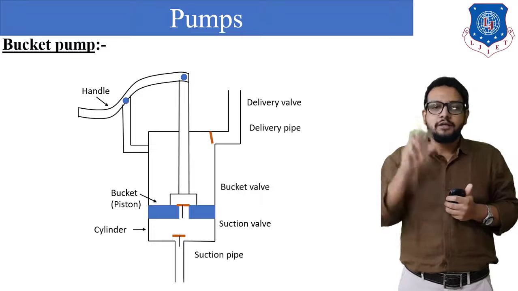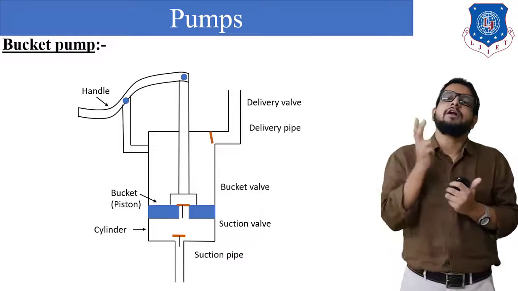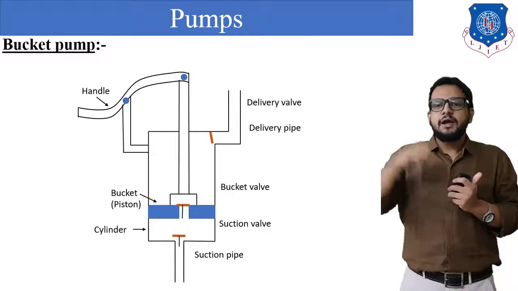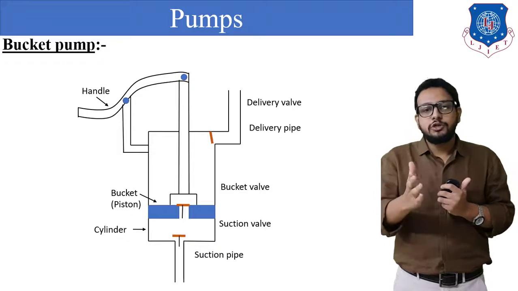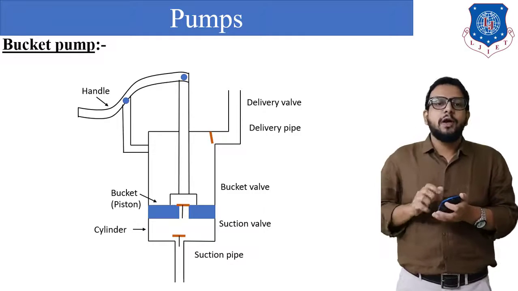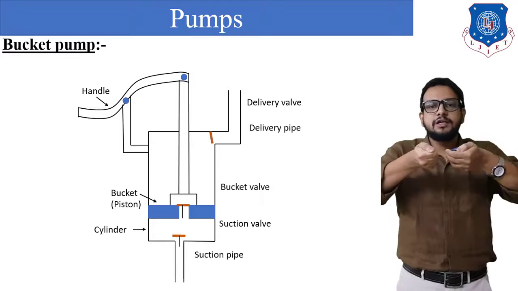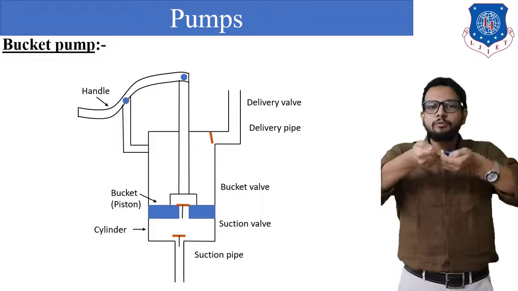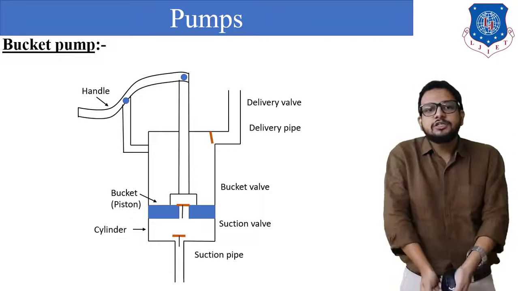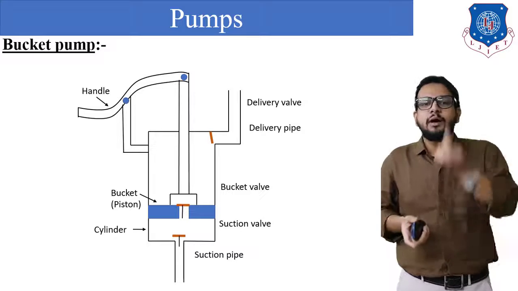So we can say there are two strokes. Remember, one is an upward stroke, the second one is a downward stroke. Upward stroke means upward motion of the piston, and downward stroke means downward motion of the piston. Remember it in this way. Now in an upward stroke, what is going to happen? I am going to push the handle. See carefully my actions. I am going to push the handle in a downward direction. When I push the handle downward, with respect to the hinge, that is the linkage, the piston rod will move in an upward direction.